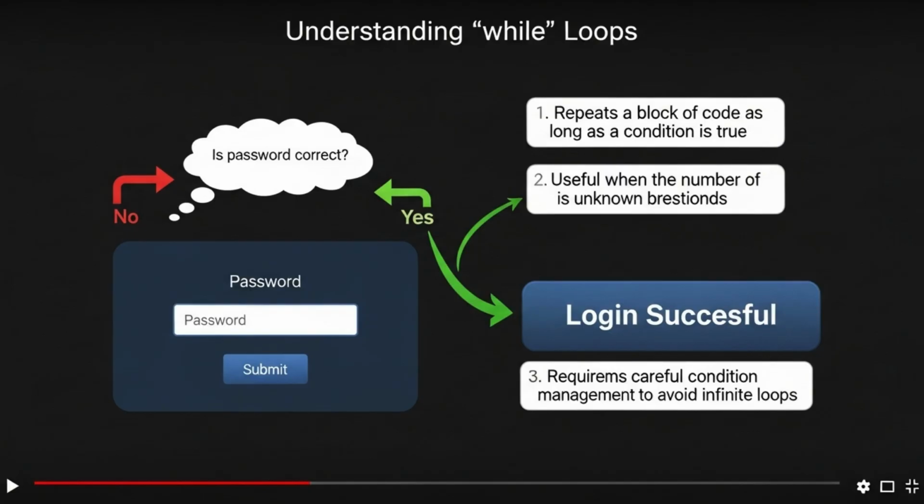However, this power comes with a responsibility. You must ensure that the condition eventually becomes